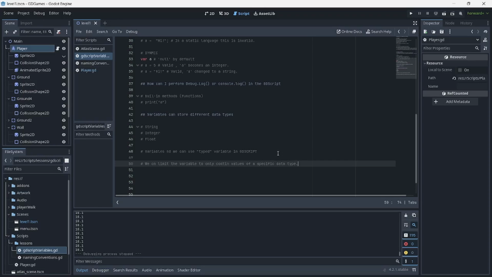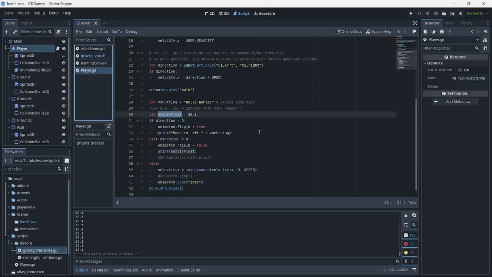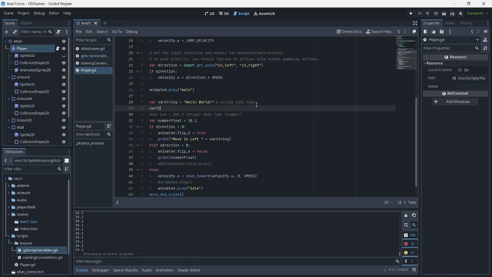So when we say typed variable, let's say for example, I want to limit this var and I just want to say this is going to be a num int, and assign the value of 100. That means this is strictly going to only store integer data types. Okay. And right now we know that in some other programming languages, you can go and try to redeclare or reinitialize the value. Let's see what happens if I reinitialize this with a number of 10.